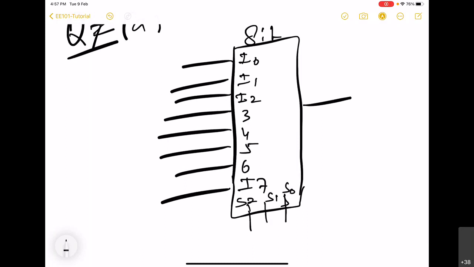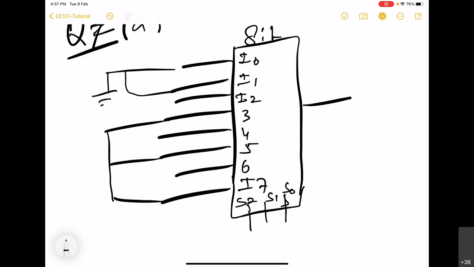So these are the three inputs available to us. It says that I1, I2 are grounded, and 3, 5, 7 are all connected to +1 voltage, and 0 and 4 are D.